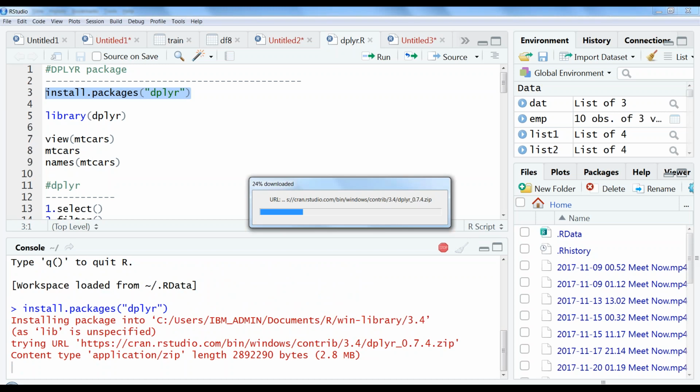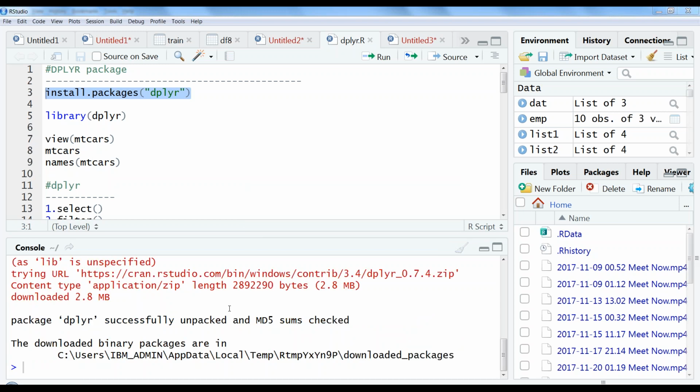It is downloading the complete source. Once downloading is completed, we can see the cursor coming out of that. So we can conclude that it's downloaded successfully to our local directory, our local computer. It's not loaded into our session.